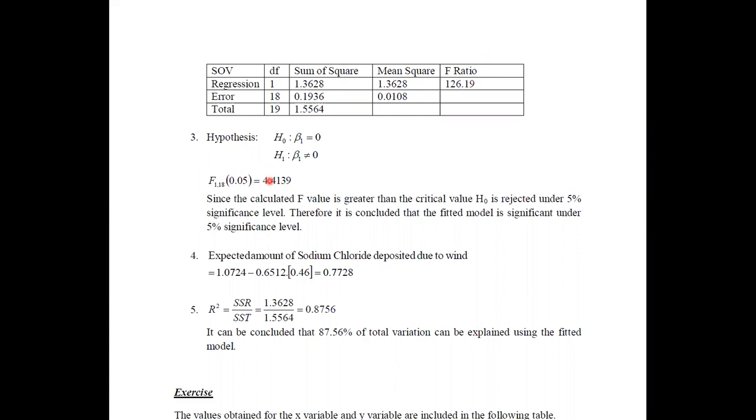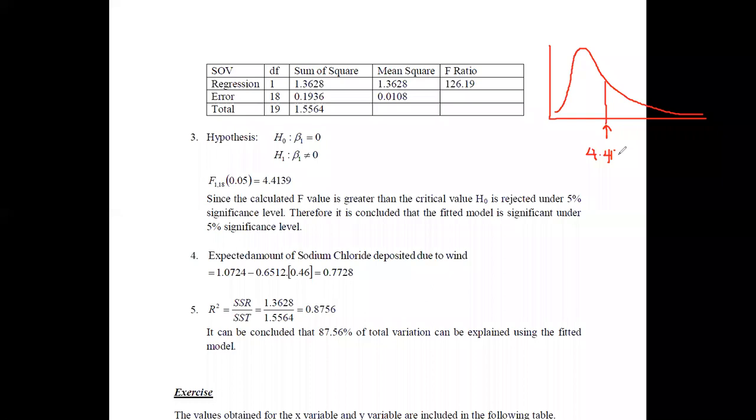Therefore, in the F distribution, you may get it like this. And here you may have the critical value. Critical value is somewhat here. It is around 4.4139.